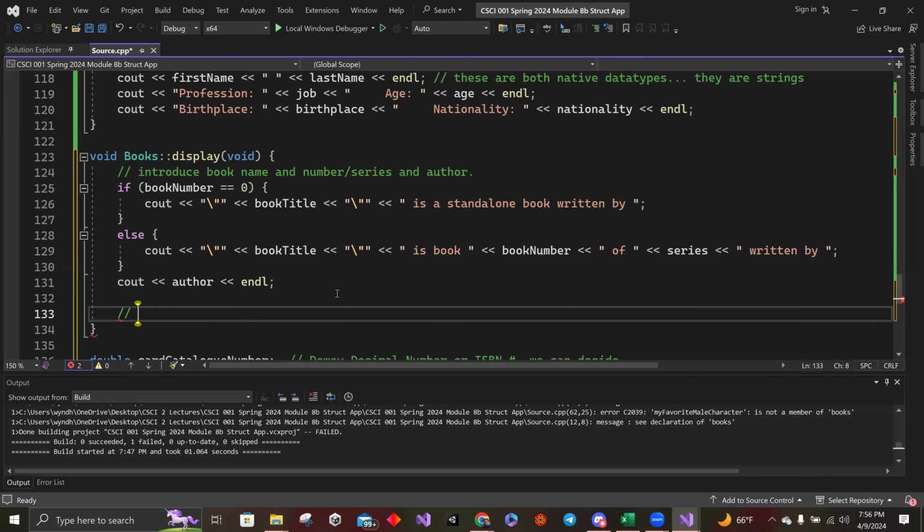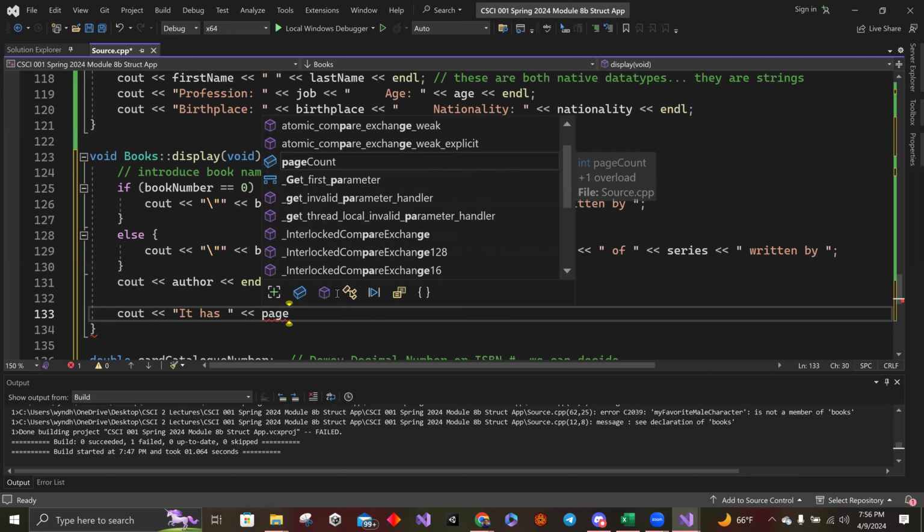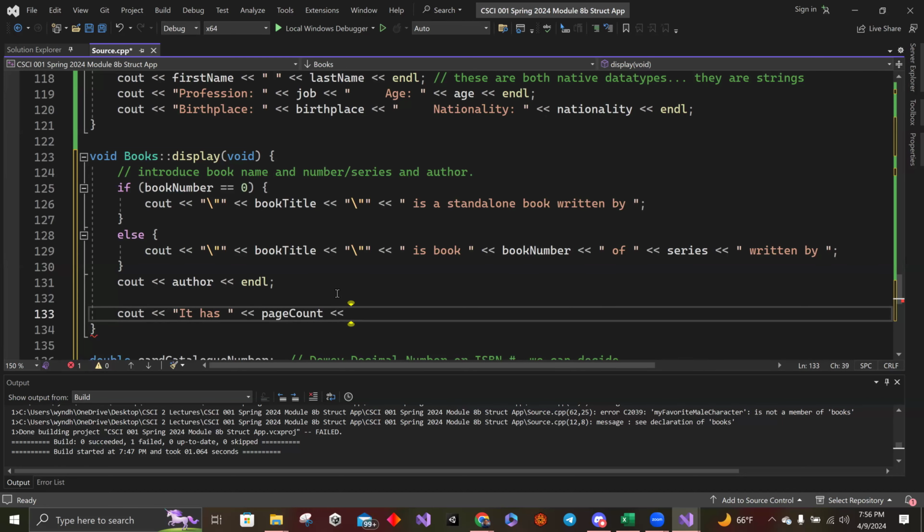We can say it has pages. My favorite characters are